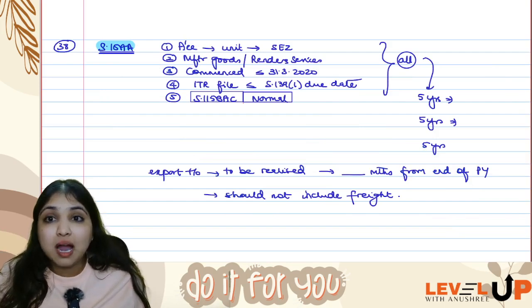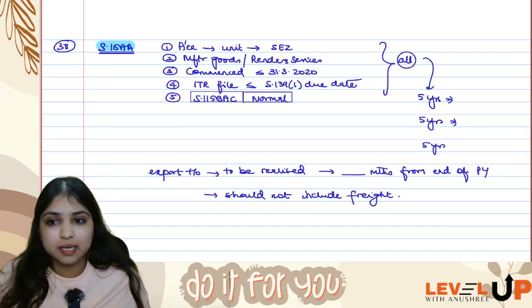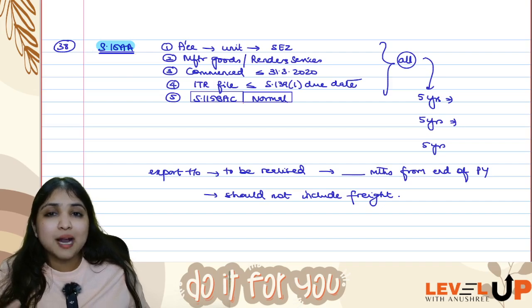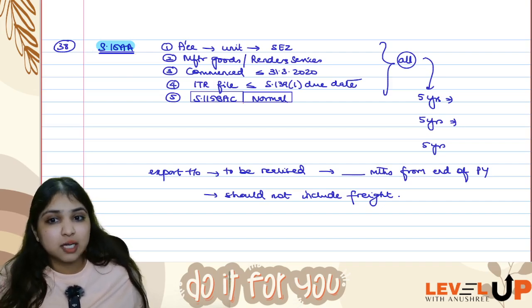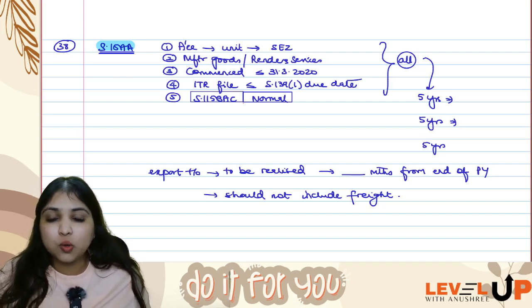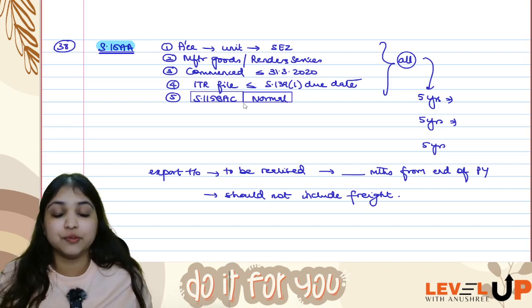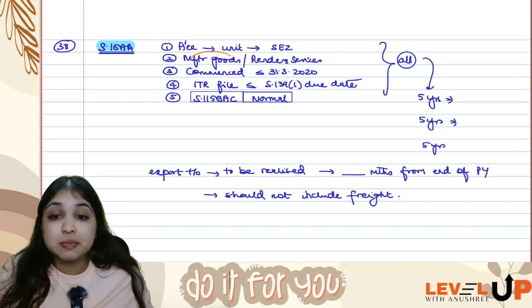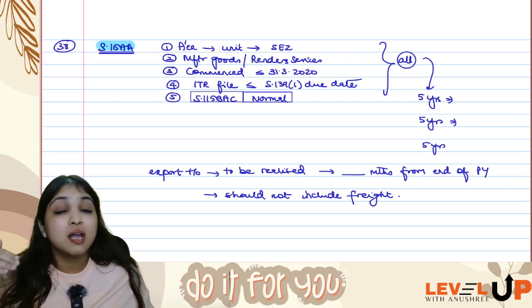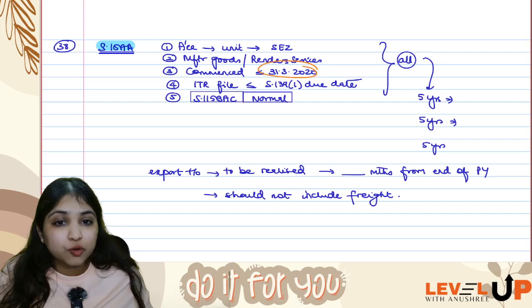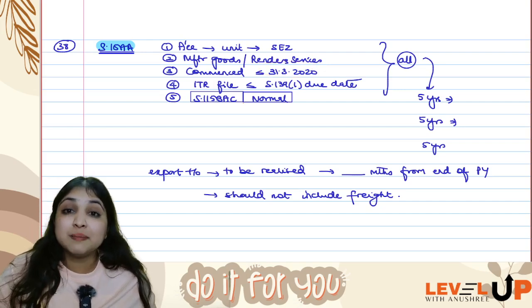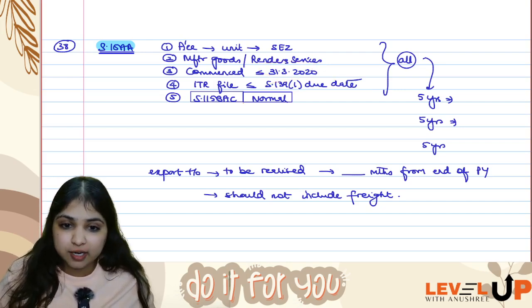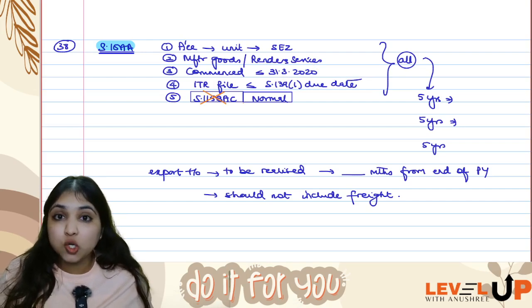Then coming to the last point under chapter 6A, 10AA. Now 10AA is not a part of chapter 6A as such, but it's a deduction. The 10AA deduction you will get only if all these 5 conditions are fulfilled. Condition 1, assessee must have a unit in SEZ. In this unit, assessee must be manufacturing goods or rendering services. Assessee must have commenced his work on or before 31st March 2020. Assessee must have filed ITR within the 139(1) due date, and assessee must be following the normal regime.